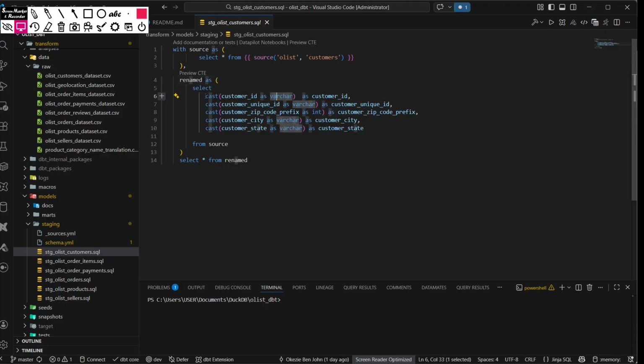And the reason why we're doing this is to be explicit, right? When you're transforming, you want to be as clear as possible about what the data type of each column is. The system might recognize it as an integer. So in this case, customer zip code prefix could be recognized as an integer in the data warehouse. But during your transformation, you want to explicitly tell it that this column is